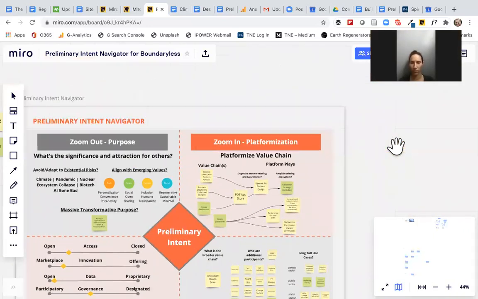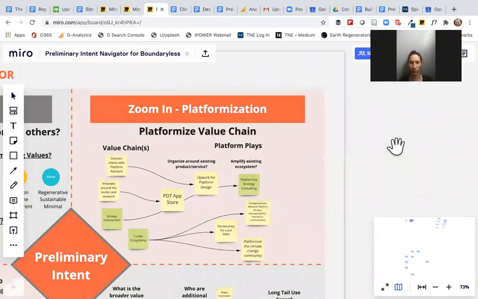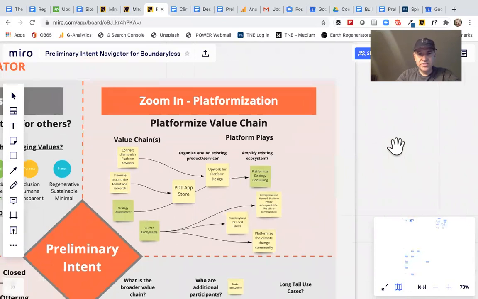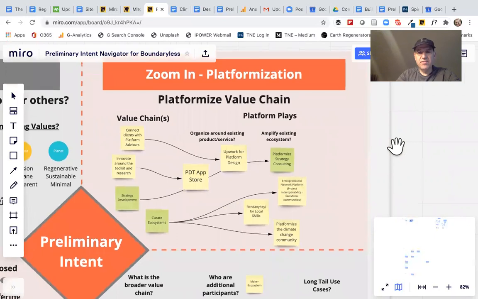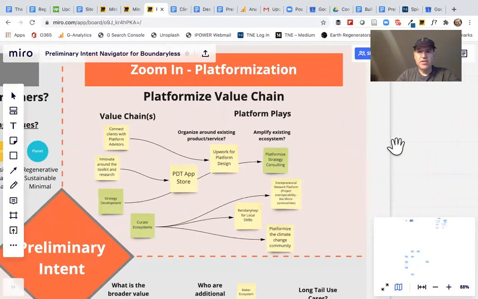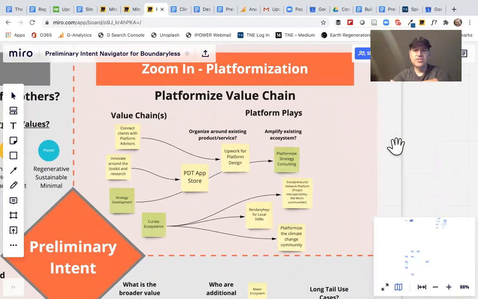Then we next went to the platformization. And again, we went right to left on this, if I remember correctly, because it's a natural flow to think of some ideas after doing a visioning exercise.